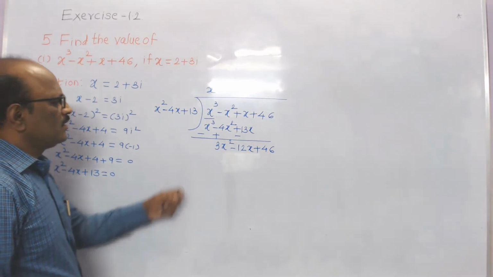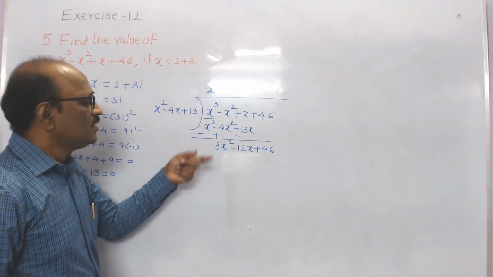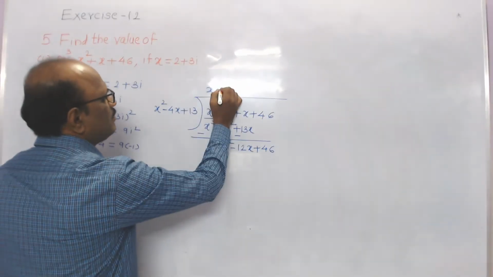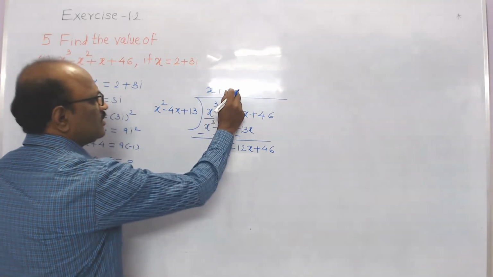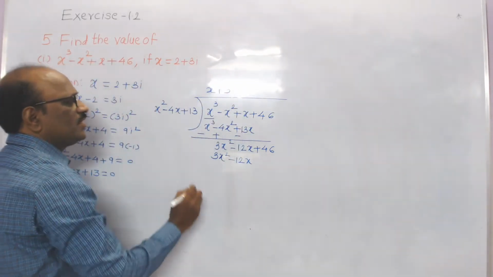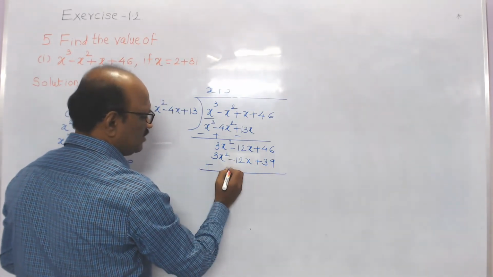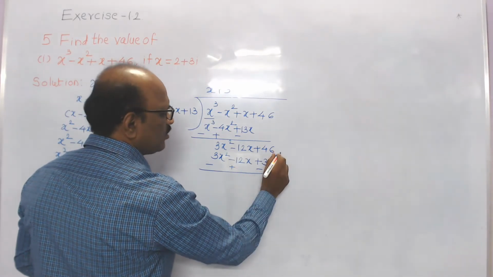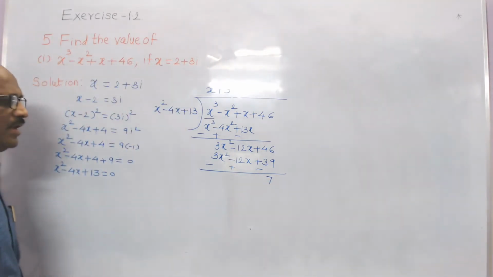Again multiply this. We want 3x square. Then by which term should we multiply this x square to get 3x square? That is plus 3. 3 into x square, 3x square. 3 into minus 4x, that is minus 12x. 3 into 13, therefore you will get 39. Again the division, change the sign, minus, plus, and the terms get cancelled, plus 46 minus 39, and here you will get 7. Now by the division algorithm,